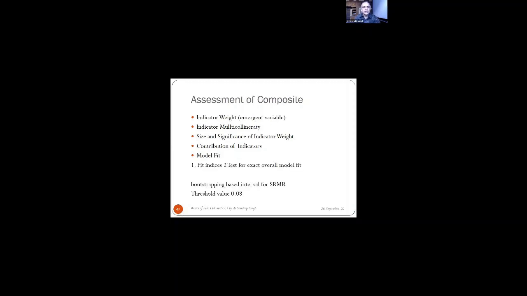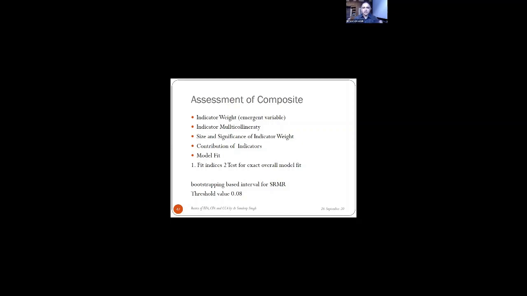Coming to the CCA, confirmatory composite analysis. Now, what is a composite? The basic difference between composite and others is that here we have finite certainty, only this many combinations are there. Think of composite as a sort of weighted mean. So there are 4 or 5 items, every item has a mean, and then you go ahead with that. Here we have all sorts of reflective and formative. It means composite needs to be handled in two ways. What are the two ways? Measurement model and the structural model.